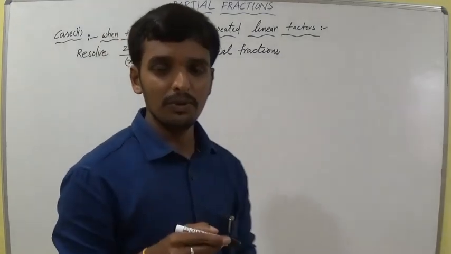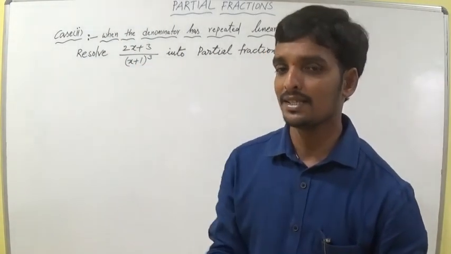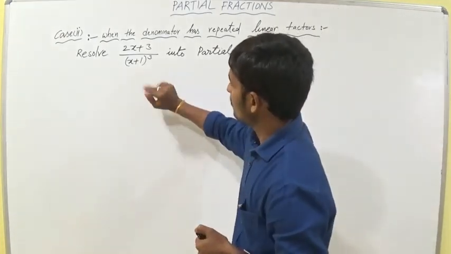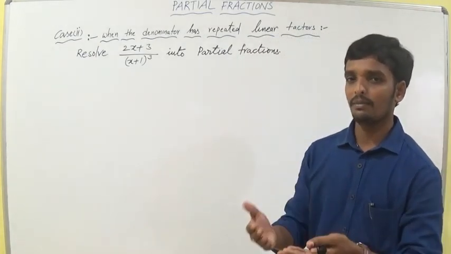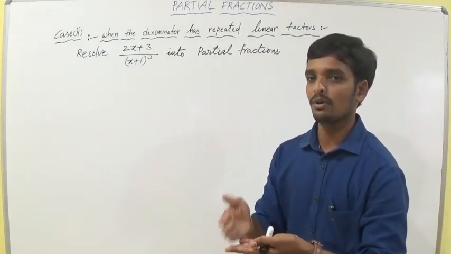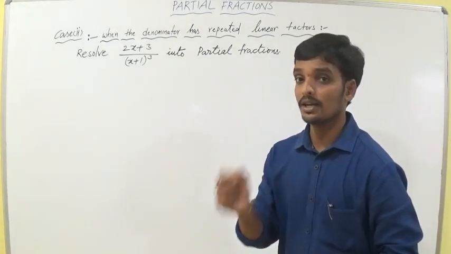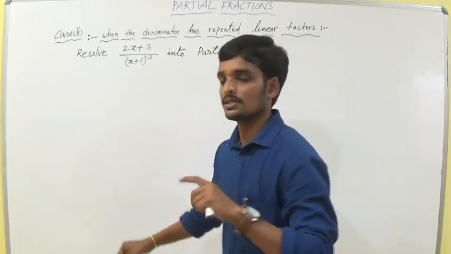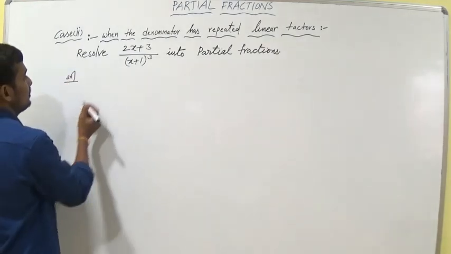Can we solve this? Before going to do the problem, we have to think with our brain. Can we solve this problem in the previous case one? Can we write a by x plus 1 plus b by what can you write? What can you write in the first case one? So we cannot solve this problem in the case one. So now we are using case 2. I think you understand very well. So that is solution 2.